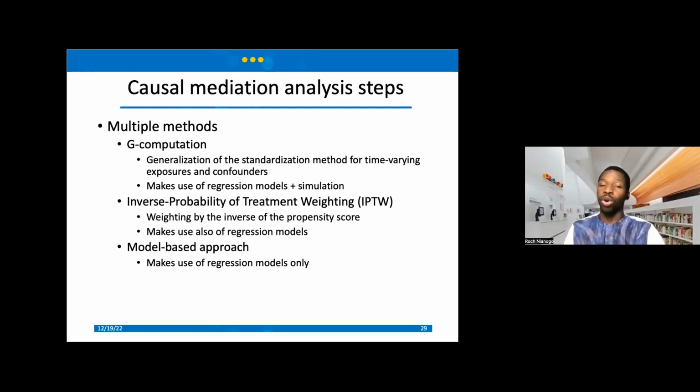It makes use of regression models and simulation. It's quite powerful, and it can be extended to a lot of things that we typically deal with every day in our lives. For example, if you just want to standardize the estimate, you can use G computation. If you have time-varying exposures that are also confounders and mediators, you can use G computation.